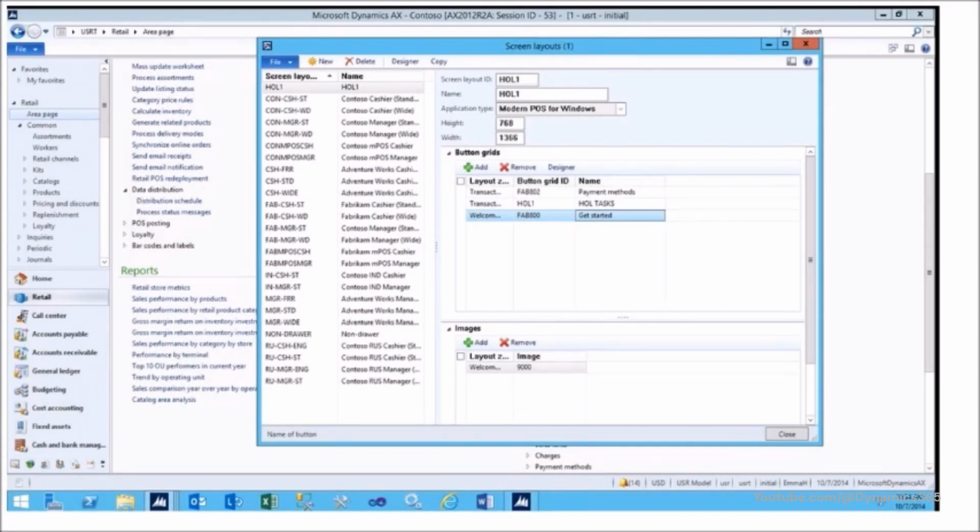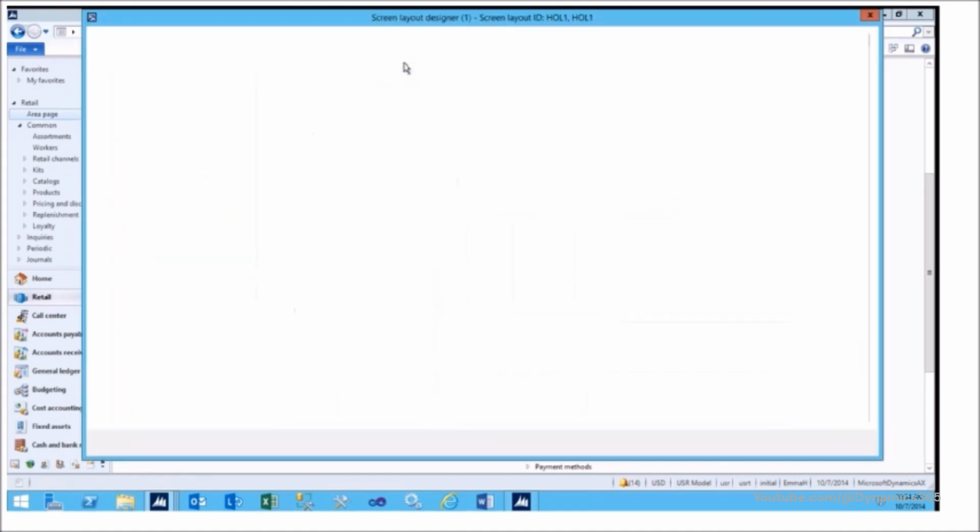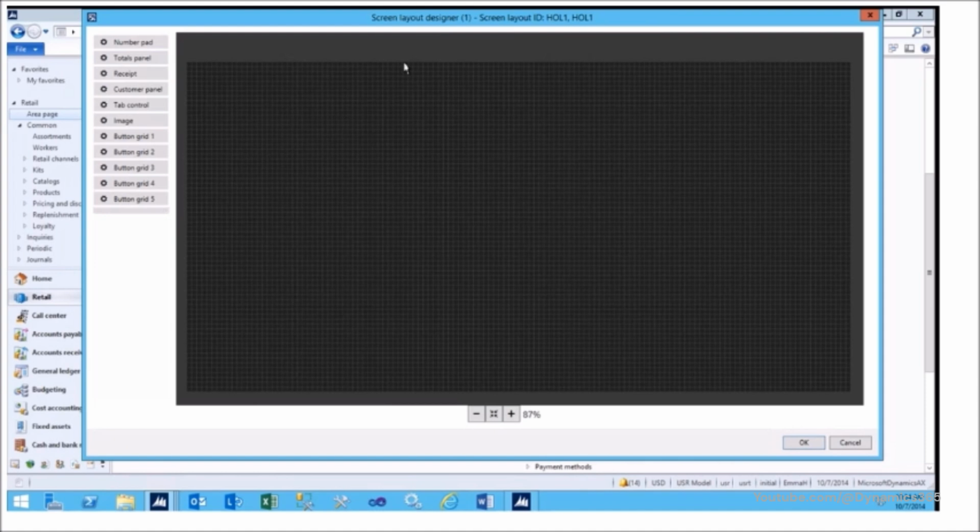Now that the button grids have been added to the screen layout, we'll click on the designer to further design the screen layout as we want to see it on the modern POS. Now this takes us to the drag and drop designer, where we can add the following components like the receipt pane,